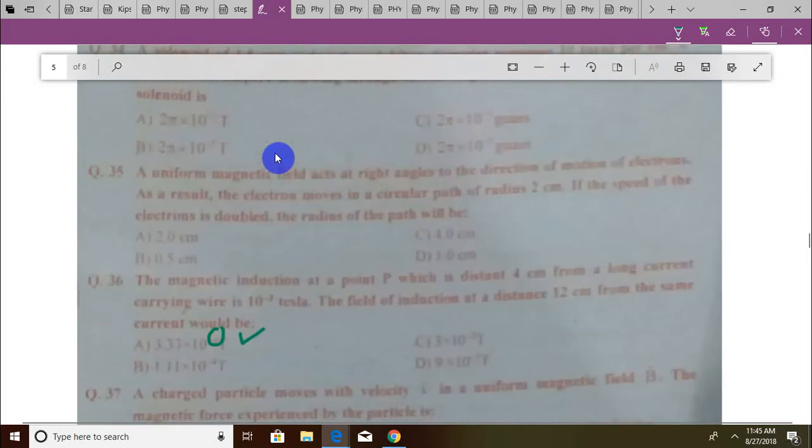एक यूनिफॉर्म मैग्नेटिक फील्ड है इज एट राइट एंगल्स टू द डायरेक्शन ऑफ मोशन ऑफ इलेक्ट्रॉन्स। एज अ रिजल्ट जो इलेक्ट्रॉन्स है वो मूव करते हैं सर्कुलर पाथ, जिसका रेडियस है 2 सेंटीमीटर का। अगर हमने स्पीड इलेक्ट्रॉन्स की डबल कर दी है तो रेडियस को क्या होगा? इसका एक सिंपल फॉर्मूला है, r इज इक्वल टू mv/bq। ज़ाहिर है हमने स्पीड को चेंज किया, मास एंड क्यू ऐसी क्वांटिटीज़ हैं जो कि अनऑल्टर्ड हैं। वेलोसिटी को हमने डबल कर दिया, मतलब है रेडियस को डबल हो जाना चाहिए, 4 सेंटीमीटर।